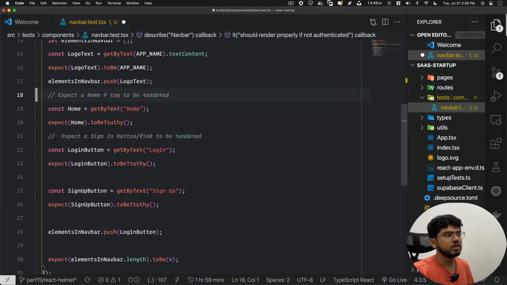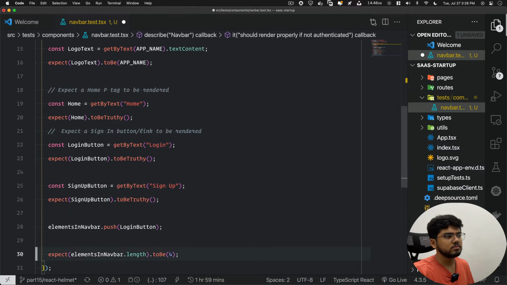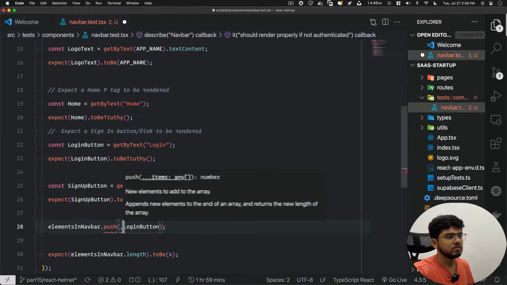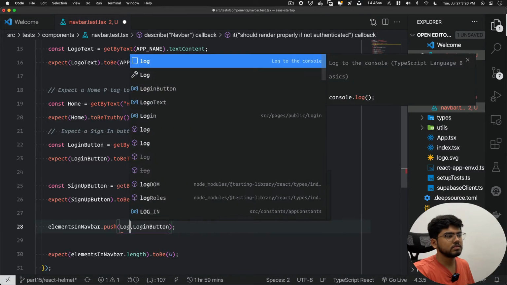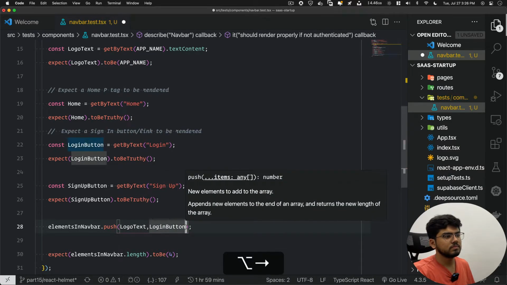What we'll do, we'll add it in the last. What all we have: logo text, login button.